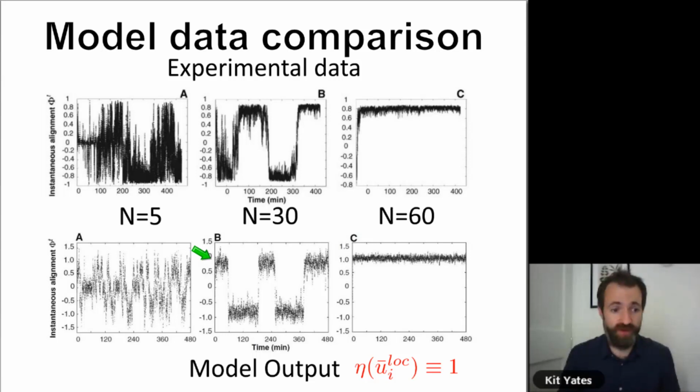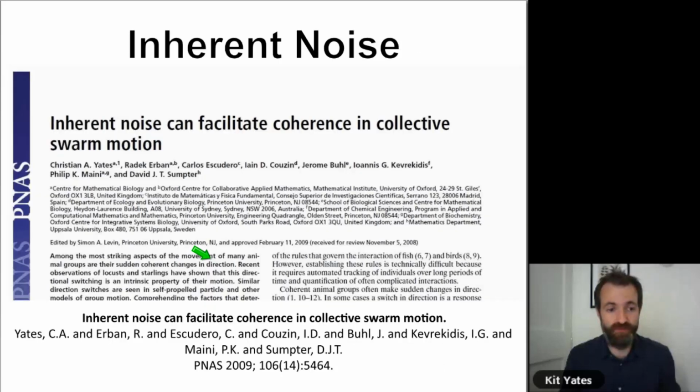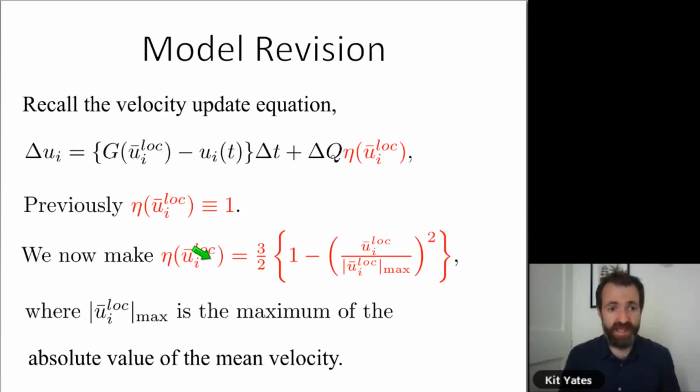So we thought we'd better update this model. And in order to update it, all the details are in this paper, which is all about trying to understand the way that locusts use noise constructively. In order to update this model, and this is another slightly mathy slide, we wanted to change this noise term here to make the locust actually change the randomness of their motion as a function of the velocity that they're measuring. So previously it was just a constant, there was no difference there, but actually then we make this into a function of the locust's average velocity.